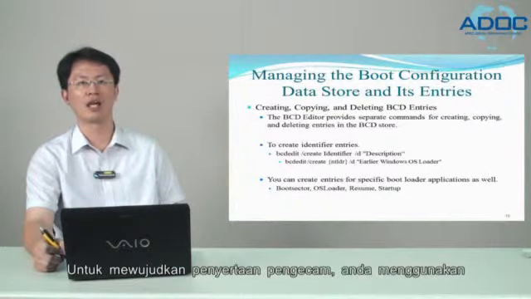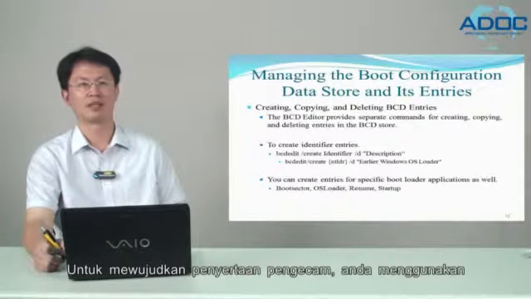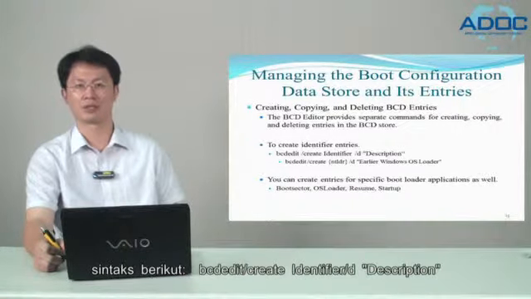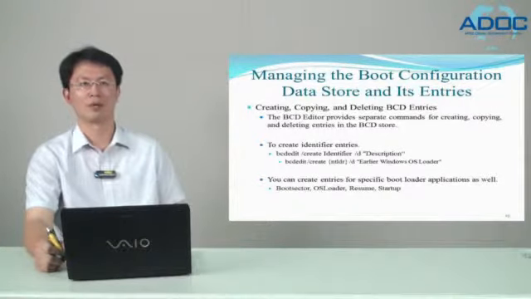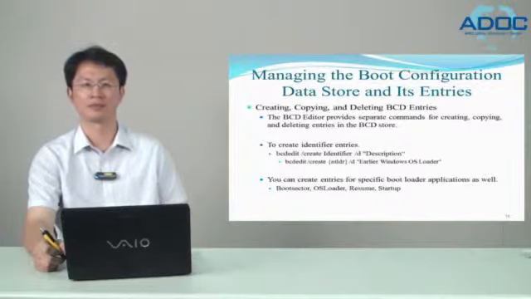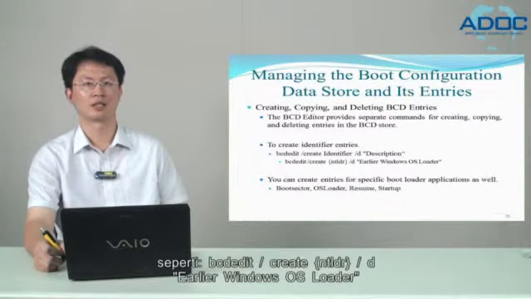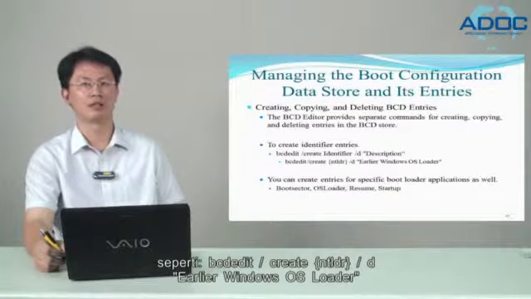To create identifier entries, you use the following syntax: bcdedit /create identifier /d description, where identifier is a well-known identifier for the entry you want to create, such as bcdedit /create nt-loader /d